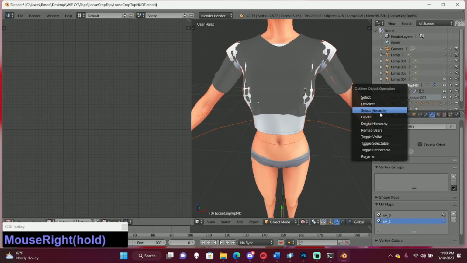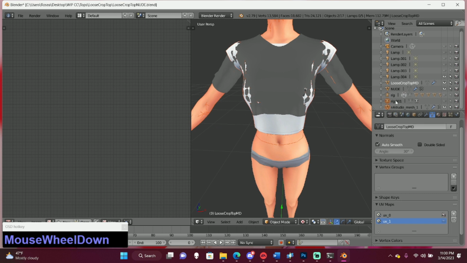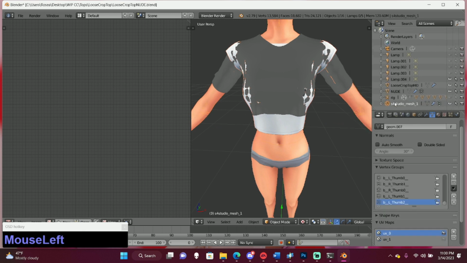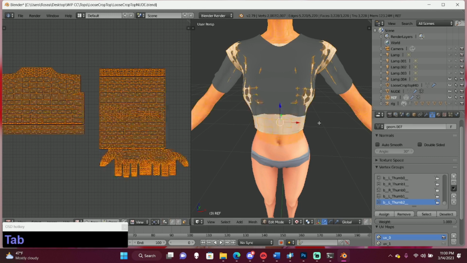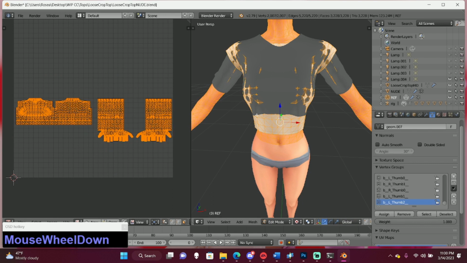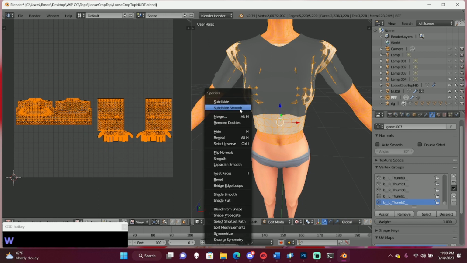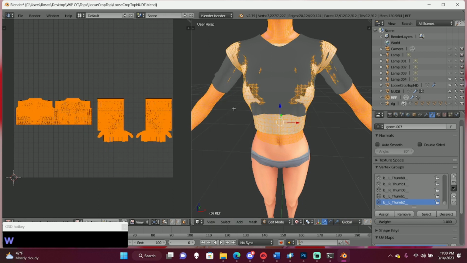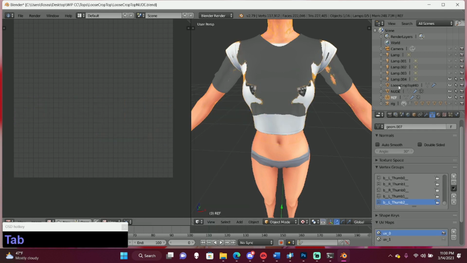And we're going to delete the bone shape and delete the rig one. And then we're going to name this reference. Then we're going to press Tab, make sure everything's selected, and then press W, and then click subdivide smooth about 2 or 3 times if your computer can handle it.